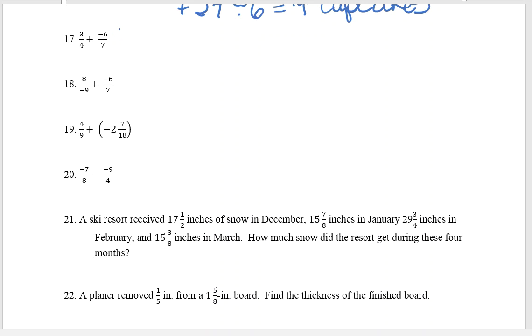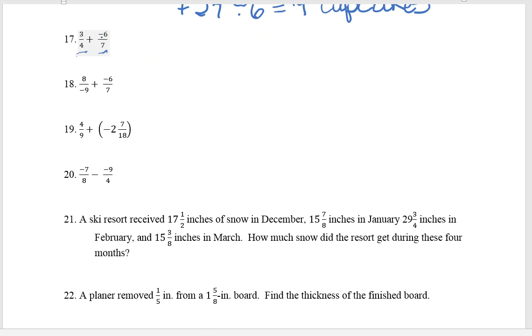Now the rules that we applied in integers is still true as far as if the signs are different, you have to see who you owe more to. You can kind of think of this as instead of owing whole amounts of dollars, you're now owing partial dollars. You cannot put fractions together if the bottom numbers are different. So one's 4, the other fraction has a 7,